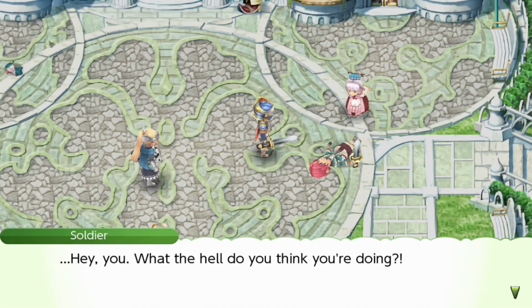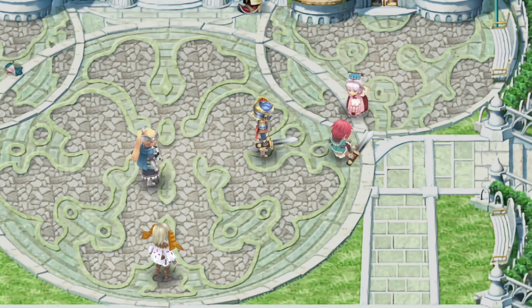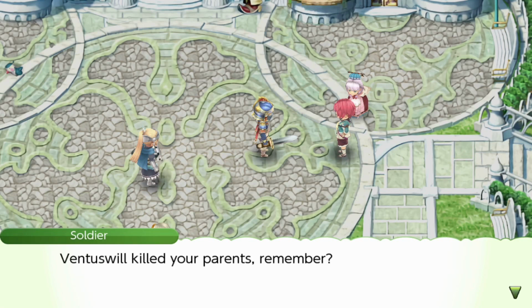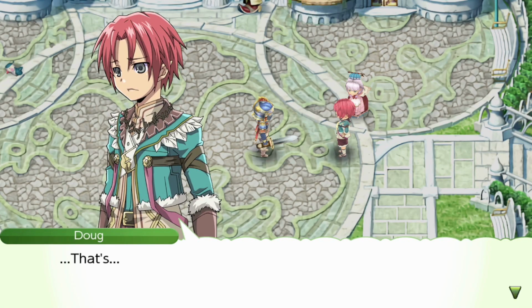Hey, you. What the hell do you think you're doing? Damn. Why is this... That's my lie. What are you thinking? Why are you protecting the enemy? Ventuswell killed your parents, remember? Were you trying to take your revenge for their deaths? That's...